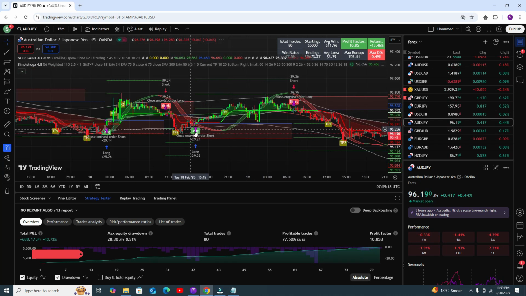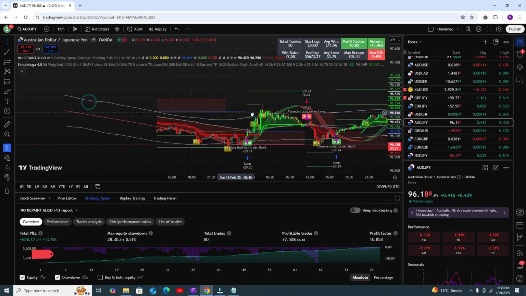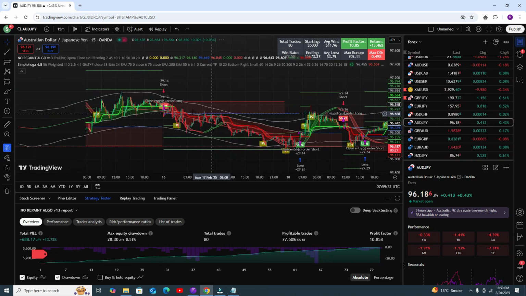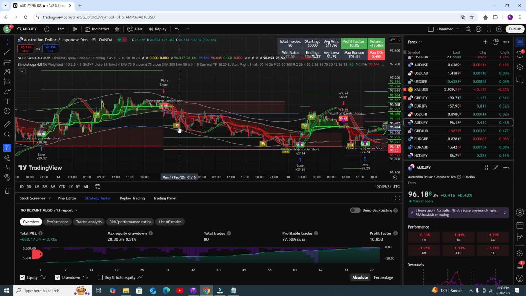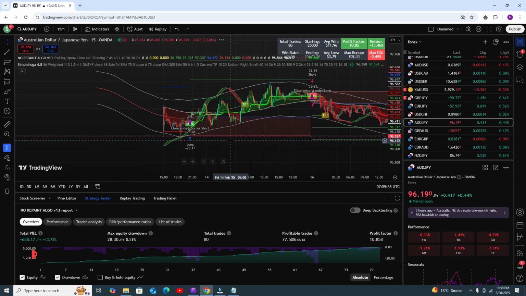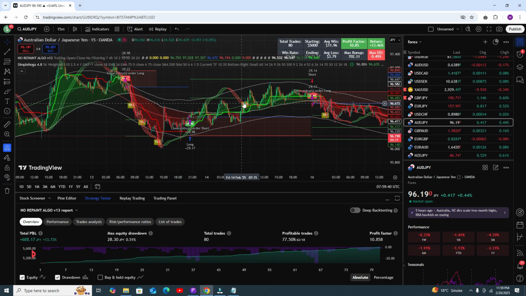Okay, here you can see the buy signal, close your trade and you can book your profit here. Okay, sell trade, you can close your trade here. Okay, buy trade, you can close your trade on TP1 here. You can see, and let's see the previous results here. You can close your trade here, position open, and here you can see the buy position and you can take profit here.